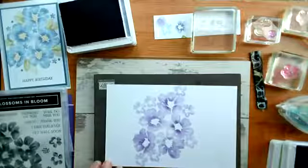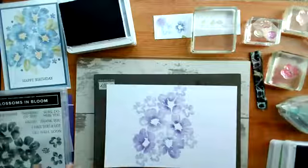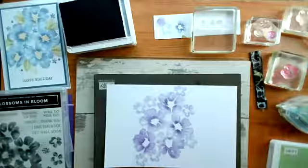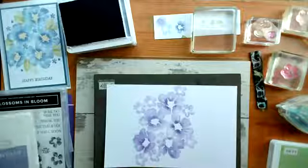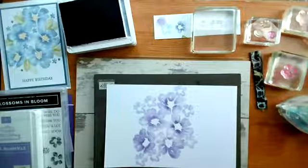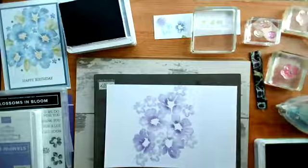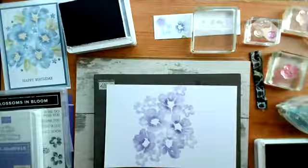Okay, I'm going to add some leaves, and I've used the middle size leaf, so there are 3 leaves in the set, and I'm going to use the middle and possibly the small one as well. So this is Pear Pizzazz,